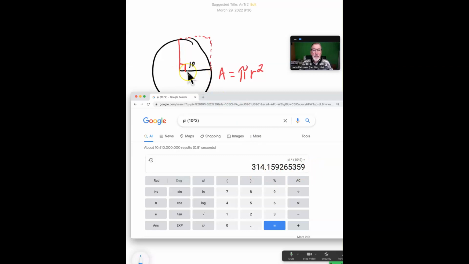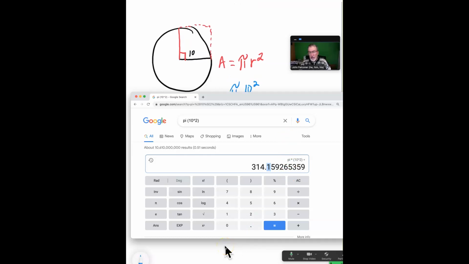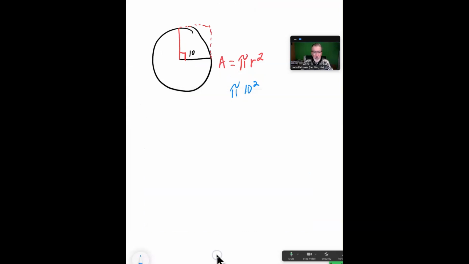Because our radius was 10, and that became 100 when we squared it, and 100 times pi is 314.159. So we need to round this to the tenths place. The way I recommend that you do that is write out the number. So we had 314.159 like that, and just underline the number we want to round,